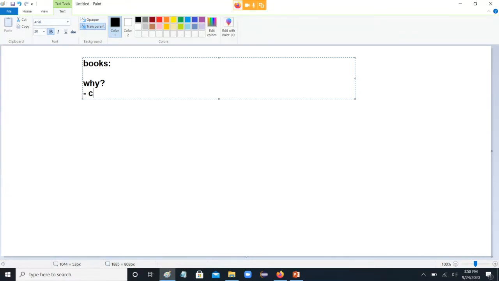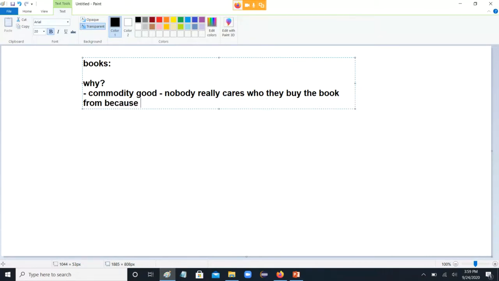Well, number one, they're what's called a commodity good. Nobody really cares who they buy the book from because it would be the same book. Okay? So it's a commodity good. So there's no differentiation there. Okay? Number two,